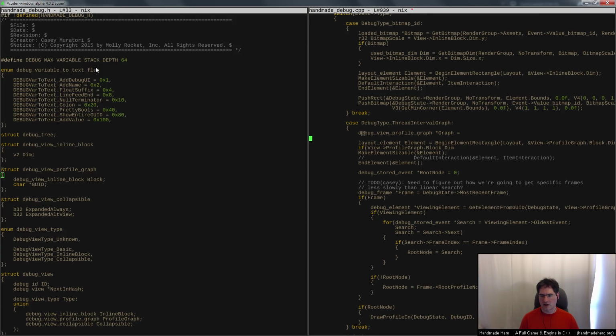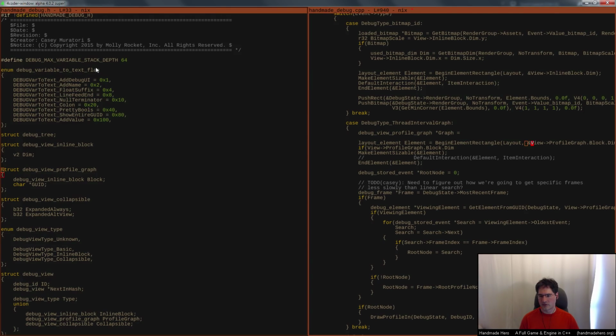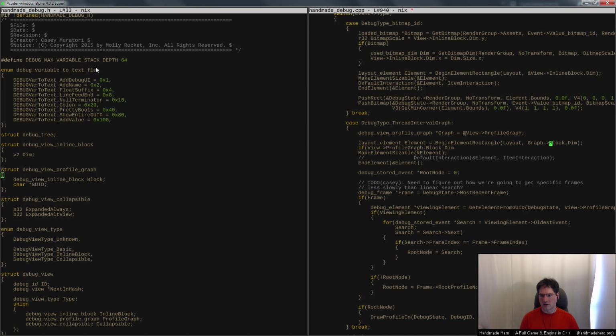So here's the graph. Then I can say, if graph block.dim x equals 0